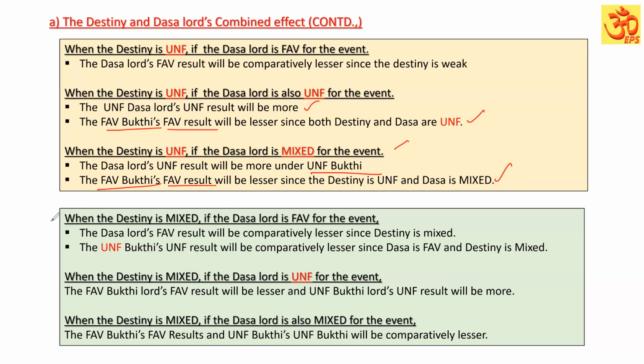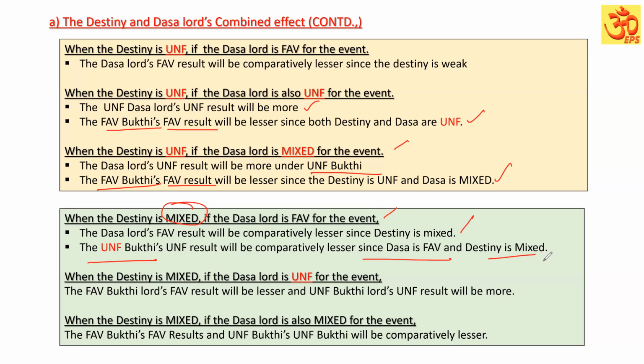The next condition is called destiny is mixed. When the destiny is mixed, if the Dasa Lord is favorable for the event, the Dasa Lord's favorable result will be comparatively lesser since destiny is mixed. Within that, if an unfavorable Buddhi is running, the unfavorable Buddhi's unfavorable result will be comparatively lesser since Dasa is favorable and